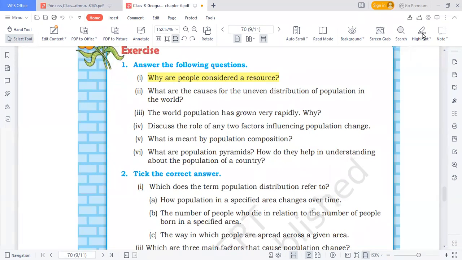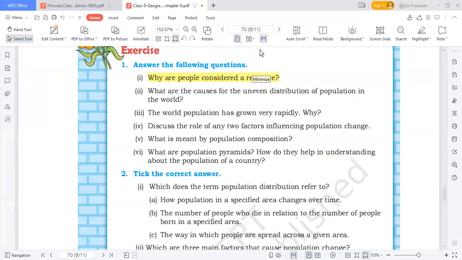Fourth question, Manasvi, is here. Factors responsible for the population change: birth rate, death rate, migration. Their meanings. Manasvi Chauhan. Sir, number of deaths per 1,000 persons in a year, and then migration, movement of people from place to place